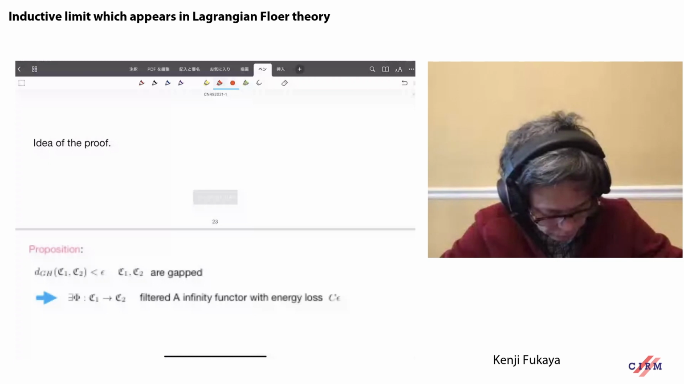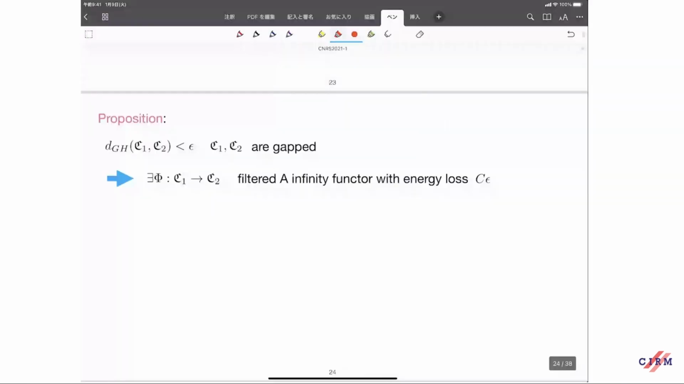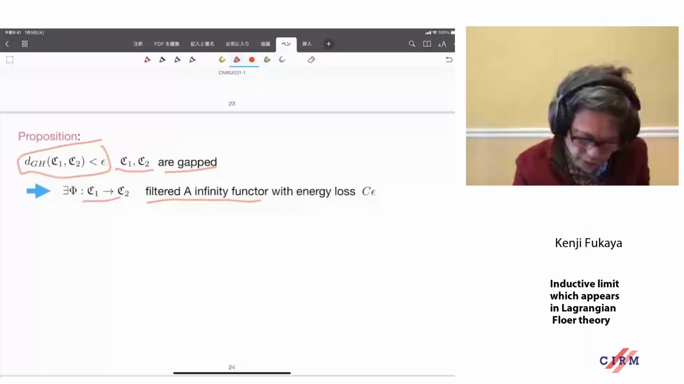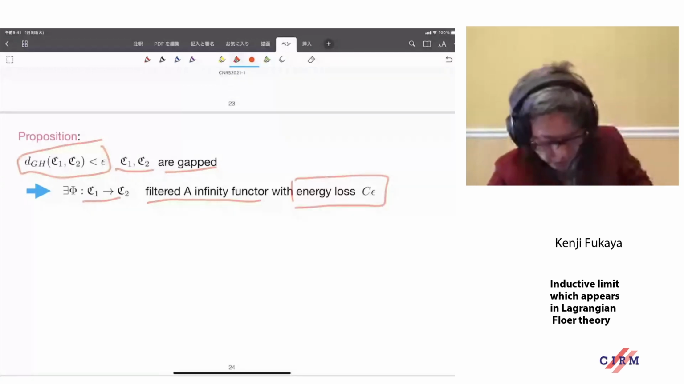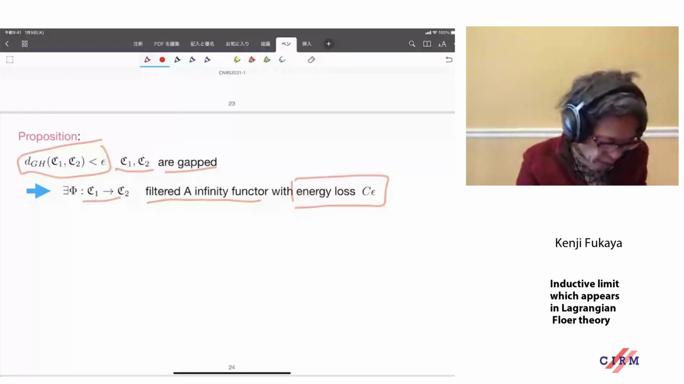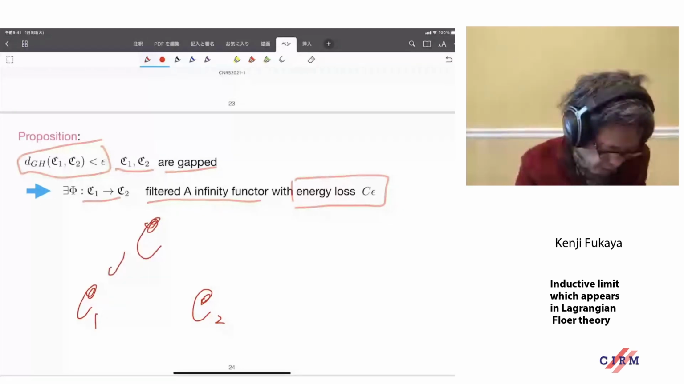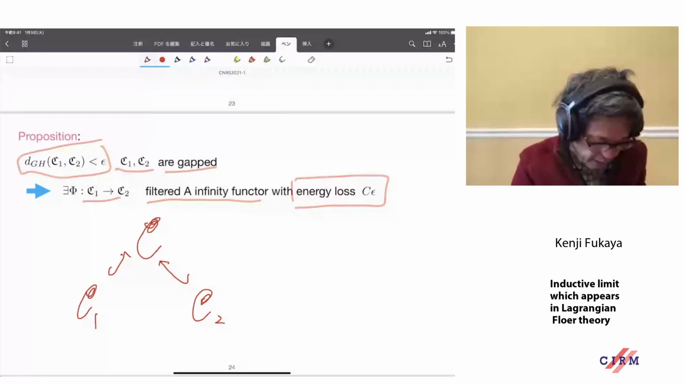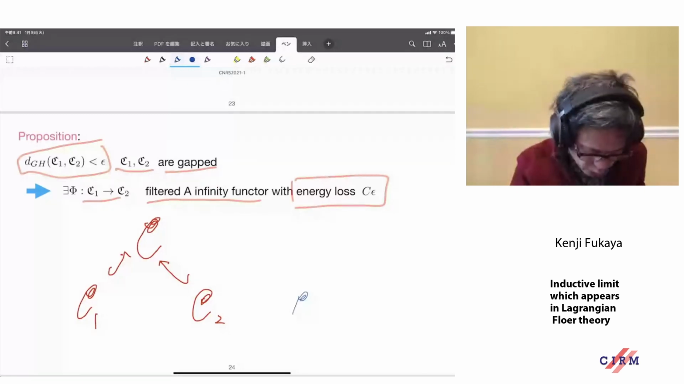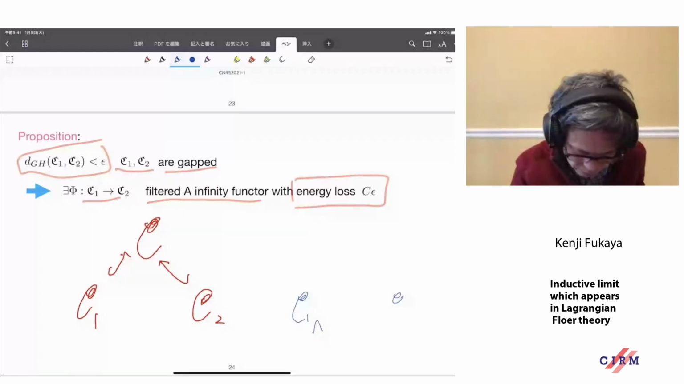The first proposition is the following. Suppose we have these two gapped filtered infinity categories, whose Gromov-Hausdorff distance is smaller than epsilon. Then we can actually construct a filtered infinity functor with energy loss C epsilon. I need to explain these notions, but first I want to say what I mean. So we have this C1, and we have this C2, and then we have another filtered infinity category C, so that these are both embedded. And then what we can show is that if you just change this coefficient ring to lambda, I mean the Novikov field,